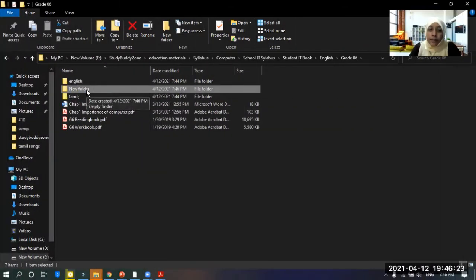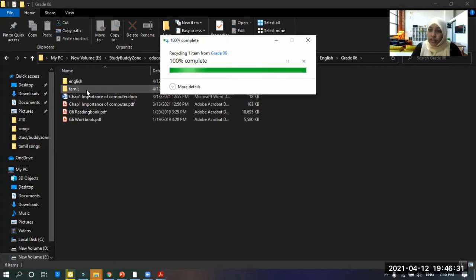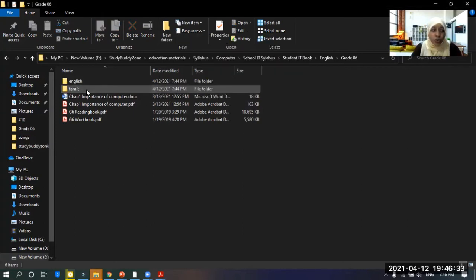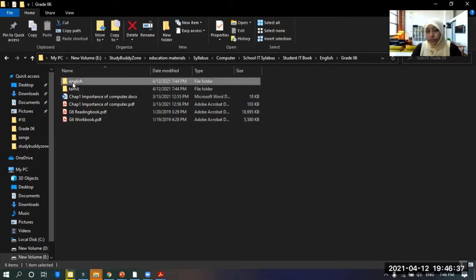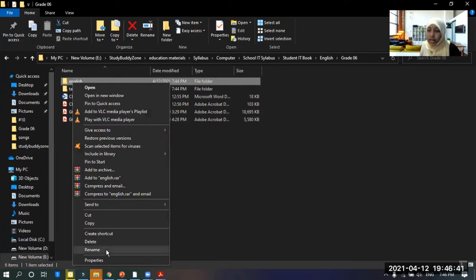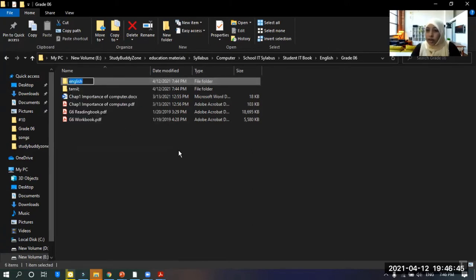This folder, if you want to change the name of the folder, what should you do? One click on the folder, right click on it. There is something called rename here. Click on rename and you can rename your folder.